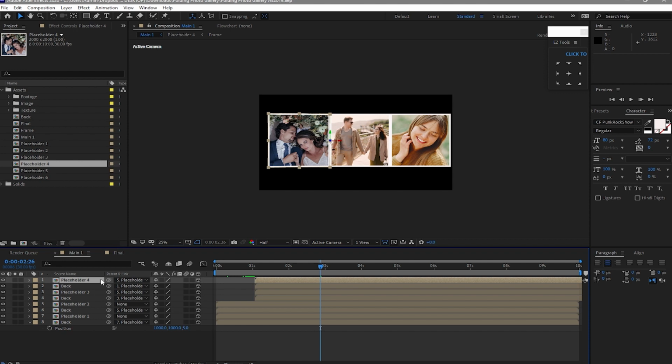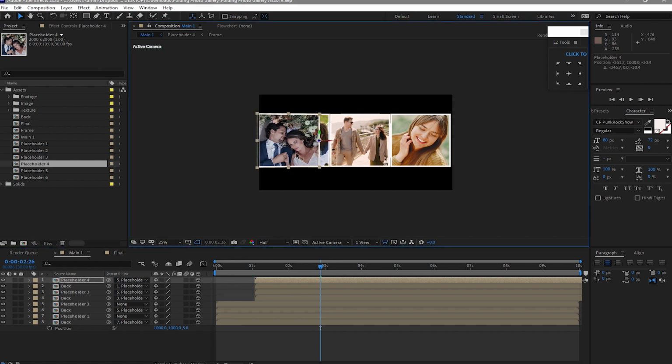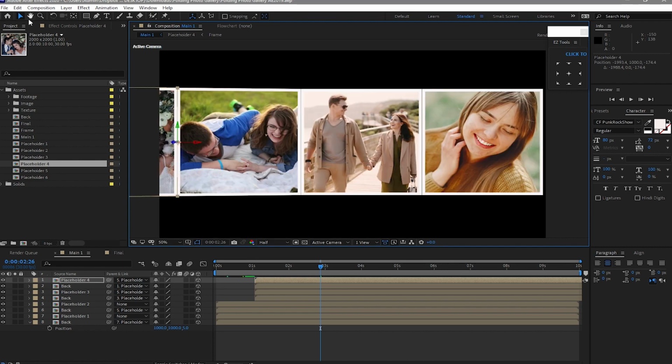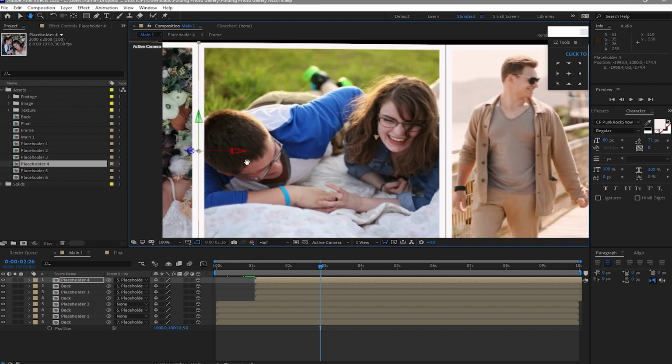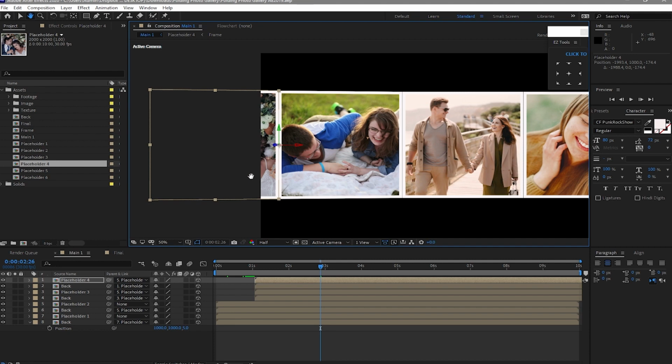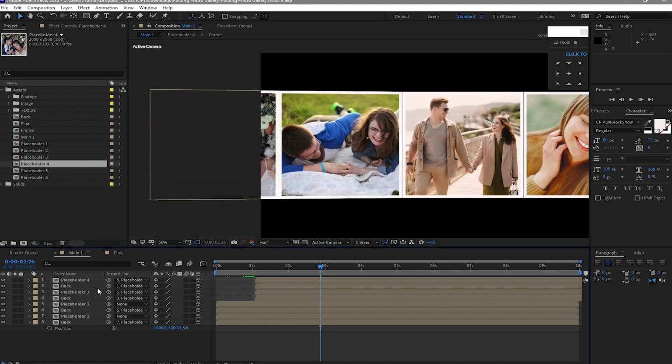What we will do is to again move the image on the other side like that. Make sure that your image is really very close with the other image that you want to be with each other. I'm gonna parent this placeholder 4 to placeholder 3 and then highlight both of them